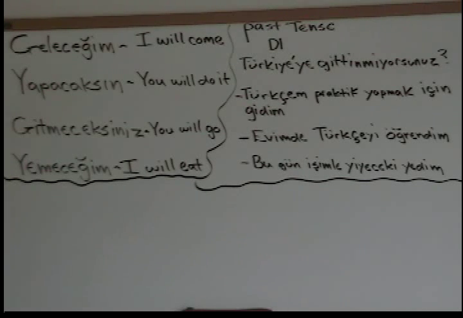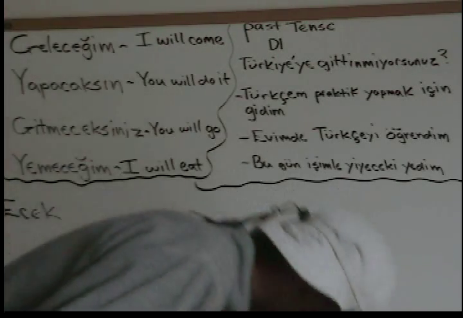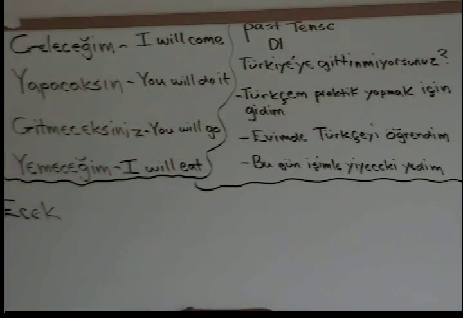Alright, so leading off from before, these are some more examples for the future tense, okay? As I was explaining to you before about the yumuşak G, the silent G, in the -ecek, which is the future tense, that yumuşak G will be used only if there's a vowel following it. Okay, so let's see here.